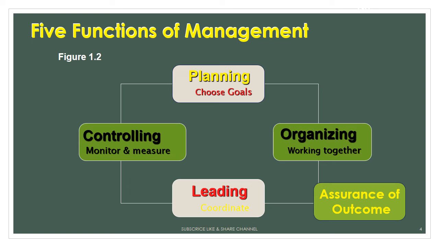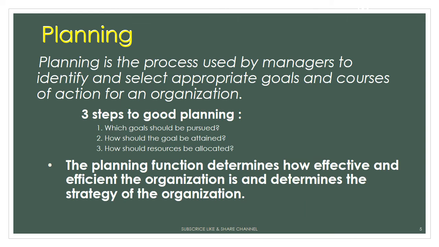And then once things are in your control, after planning, organizing, leading, and controlling, the last and very important thing is assurance of the outcome. The results are to be monitored and you have to go back and check again. So this cycle goes on and on. It is actually a cycle. You plan, organize, lead, and control, and assure that your results are attained. But if there is some lack, you go again to planning, look at the goals, reset them, then you work together, organize, coordinate, lead, then monitor and measure the results, control them, and then again you go.